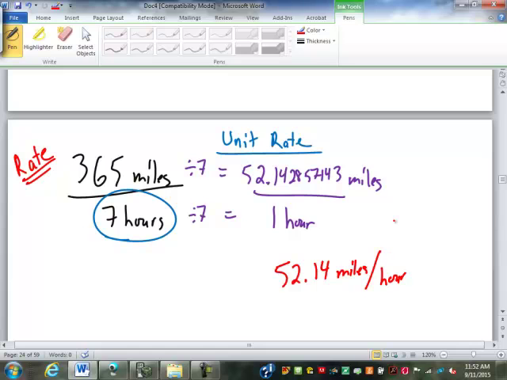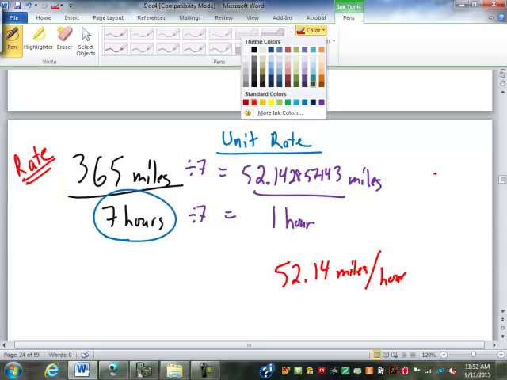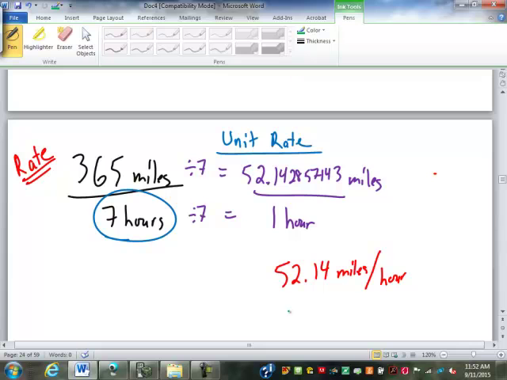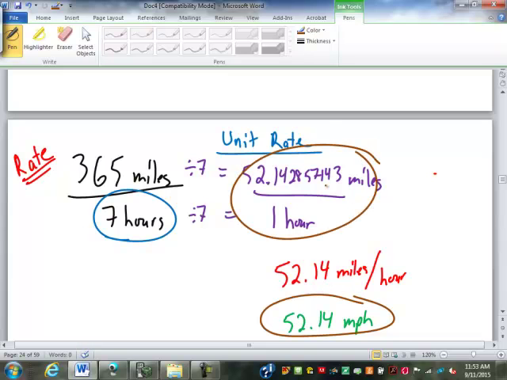The fraction is hidden in the units. We even go one step further sometimes and do 52.14 mph. mph, of course, stands for miles per hour, which is fine. We just have to remember, whenever we see this, it means this, because that's the form we need it in